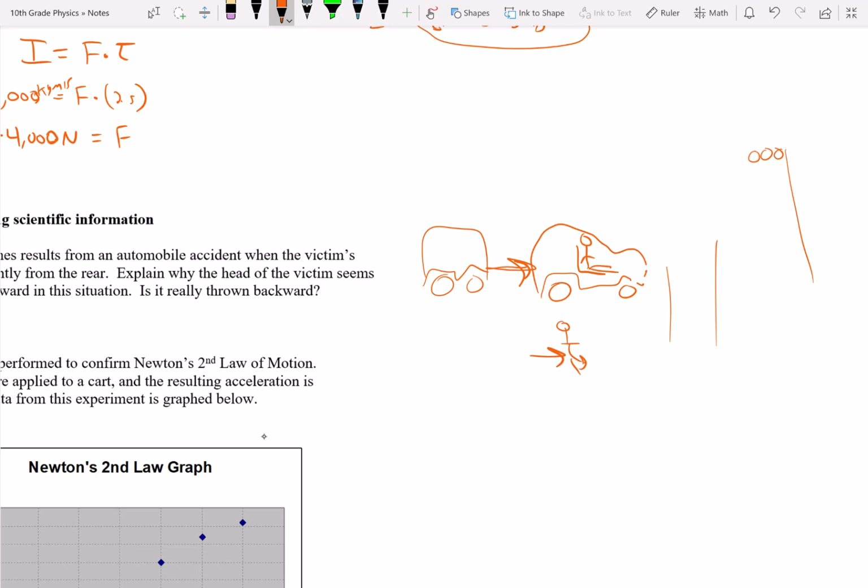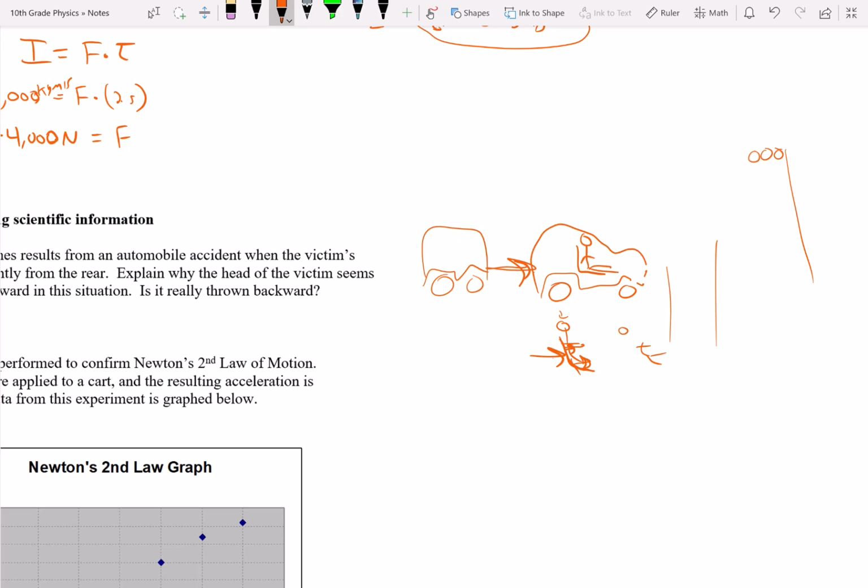This car hits you, and pretty much everything on your body is attached to the car, right? Like you're sitting on the car, so the car pushes the seat, which pushes on your back and your legs and your butt and pushes everything forward. But typically your head is not right up against the seat, right? So typically your head is kind of in free motion, so your head wants to stay where it is, right? So your head wants to stay there. The rest of your body wants to move forward,